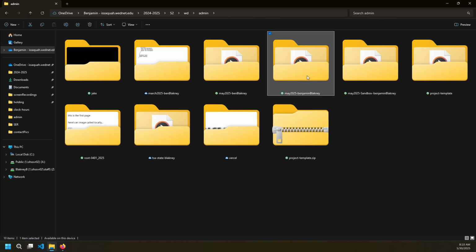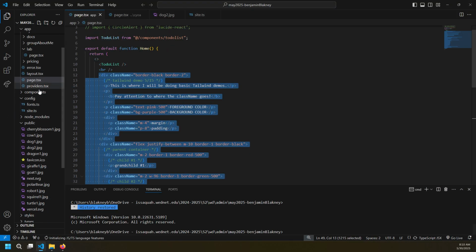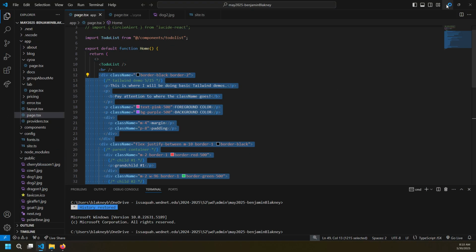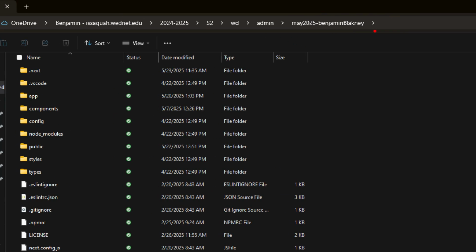Once you find your folder, if you double click on it, it should have 22 items at least. It's okay if you have more, but you should have 22 items contained within your folder. This is what we've been working in VS Code. It's exactly the same thing, just instead we're looking at the files instead of the code itself. Remember, this up here is called your path